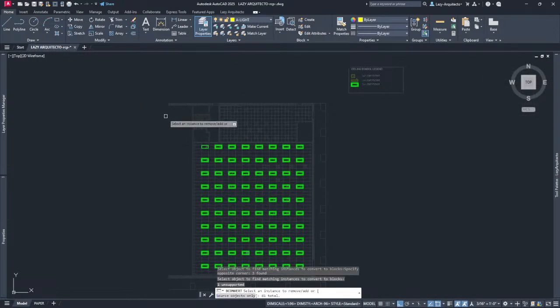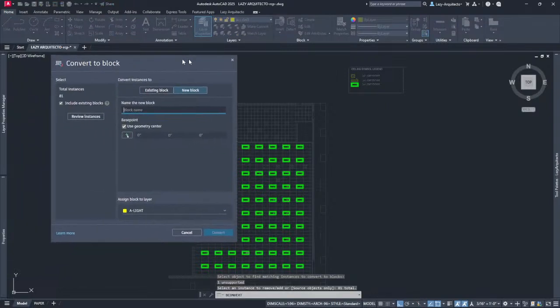Now you can see AutoCAD is smart enough to look on my entire drawing and find exactly the same geometry, and it's doing a great job. You can see it is even highlighting this 2x4 lighting fixture over here on my legend. So that's great. That's what I need. So I can accept this now by pressing enter,